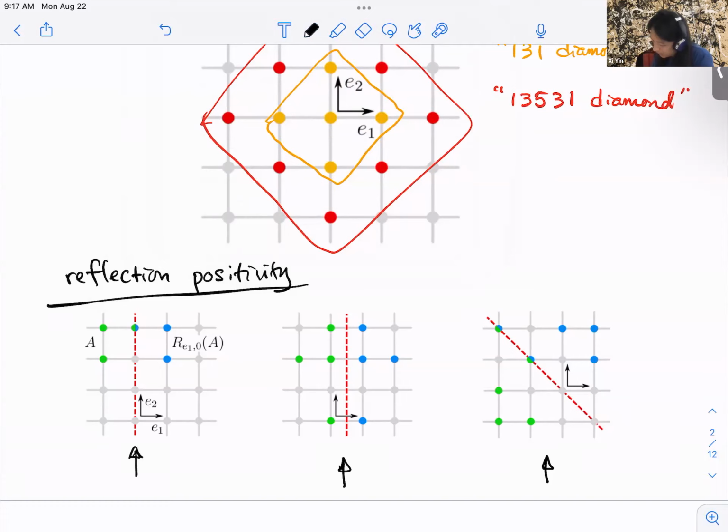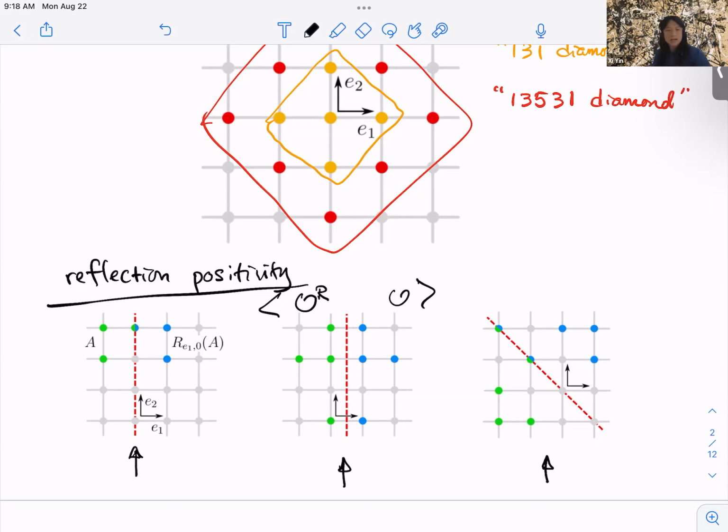So you have some operator inserted on one side, let's call it O. On the other side, let's call it O reflected. The idea is that you want to write the correlator as some kind of sum over, well, let me not write the formula for now. You can look at the formula in the paper. In the path-integral language, you'll be writing this correlator as an integral over wave functionals on the mirror plane, in this case the mirror line, of some integrand that is a square of something.